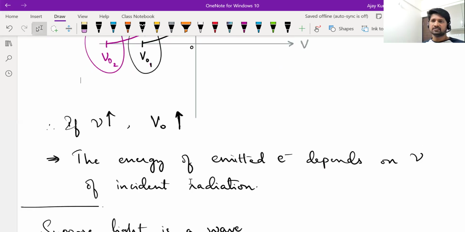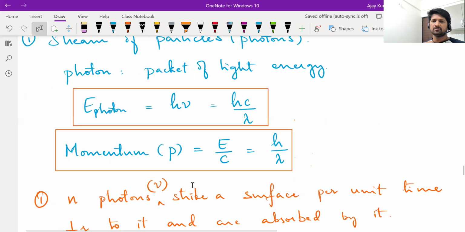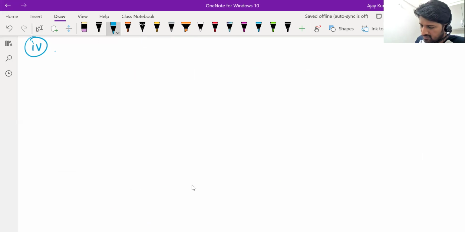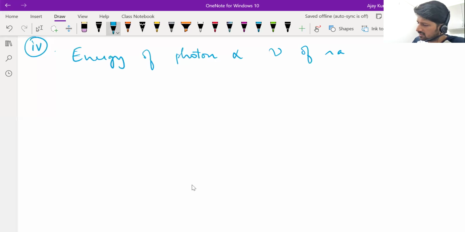Now, where is the electron getting the energy from? According to Einstein, it is getting the energy from the photon. When frequency is increased, electron energy is increasing, which means the photon energy must be increasing. Okay, so higher frequency means higher energy photons. So energy of photon, okay, that we have discussed anyway. There's a formula for it. Energy of photon is proportional to frequency of radiation. E is equal to h nu. So this way he could explain why higher frequency is giving higher energy to the electrons. Okay.